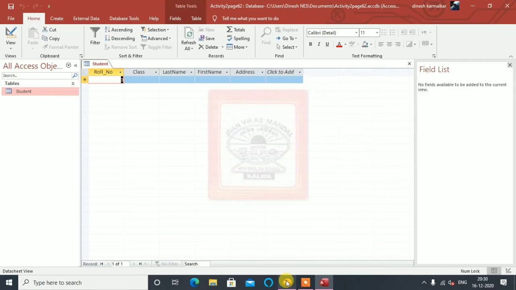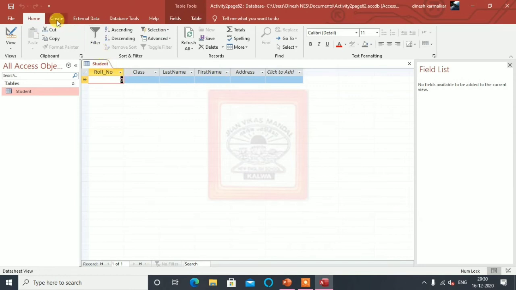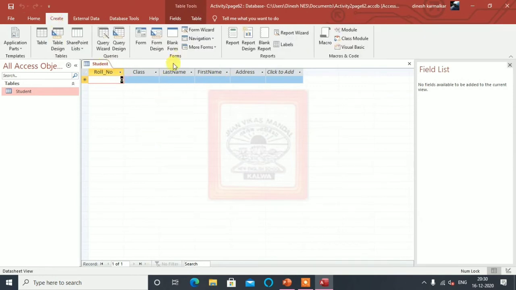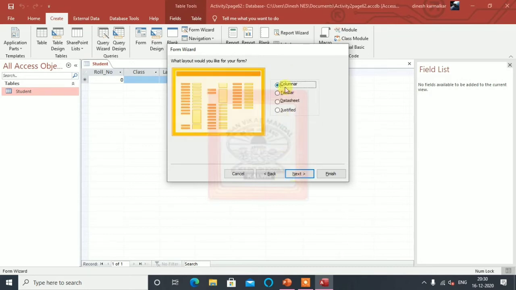Okay, this is there, but here they are told to create a form using the form wizard. So for these fields I have to create a form. I'll go to form here and I will do it with the form wizard. I will take all the fields here, roll number, class and address. Then I will click next.